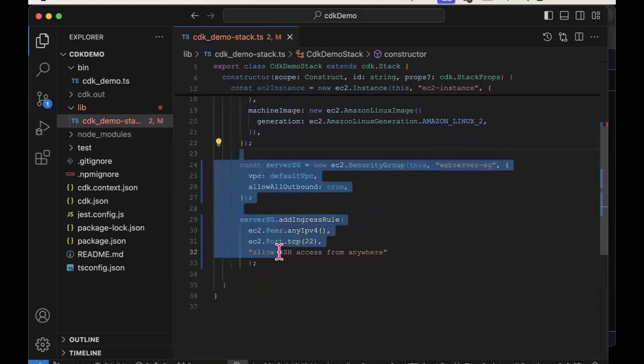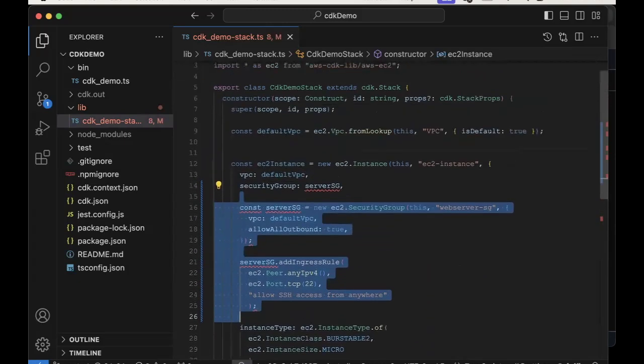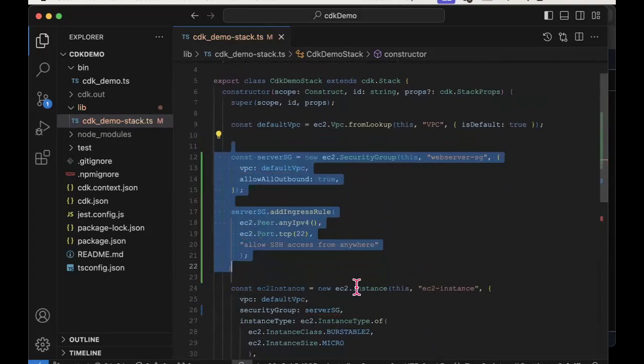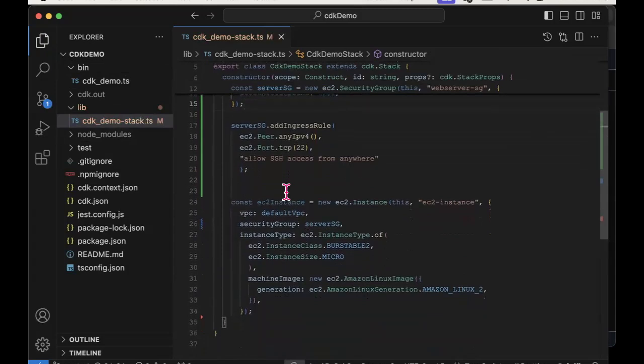So if I just pull all of this code up to before the EC2 instance, let's move it up to here. And my error is now gone.